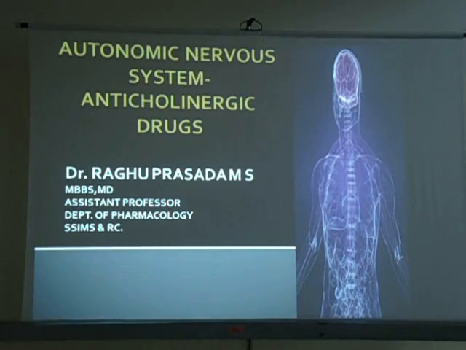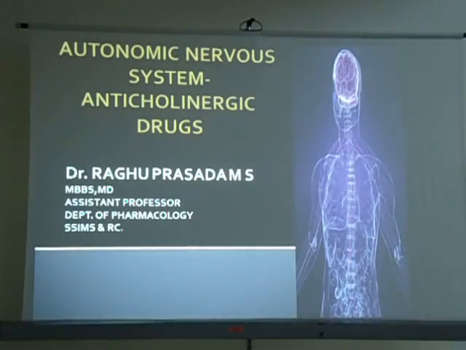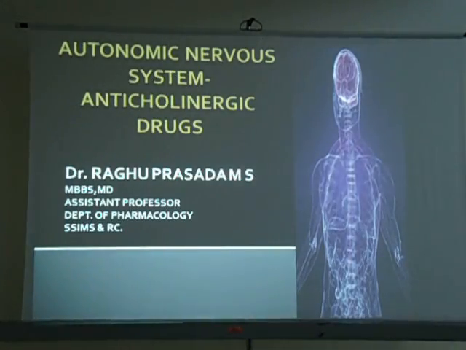Definition of cholinergic system. What is it? Drugs acting on the parasympathetic system are also called the cholinergic system. So parasympathetic means there is also one more system, which is the sympathetic system. So the sympathetic system, when it is stimulated,